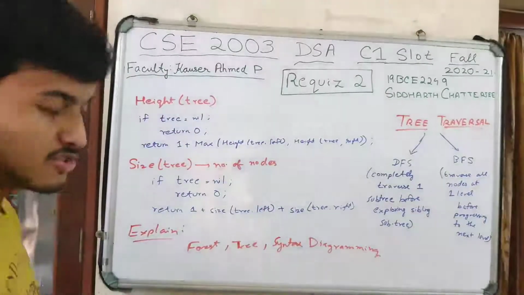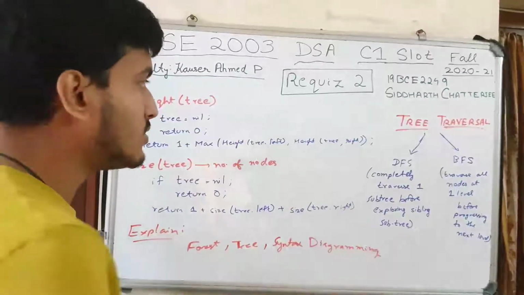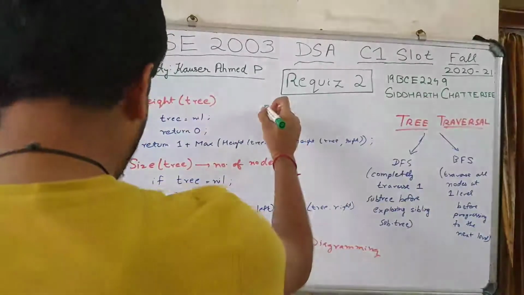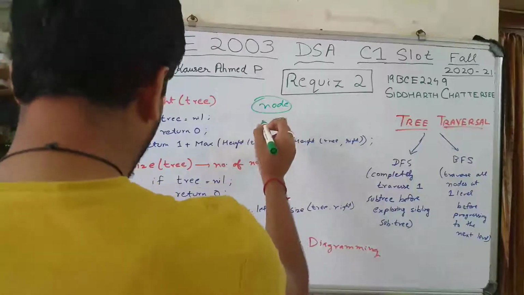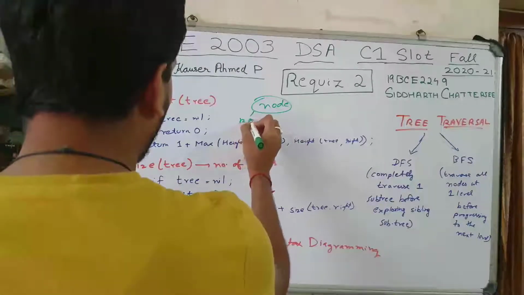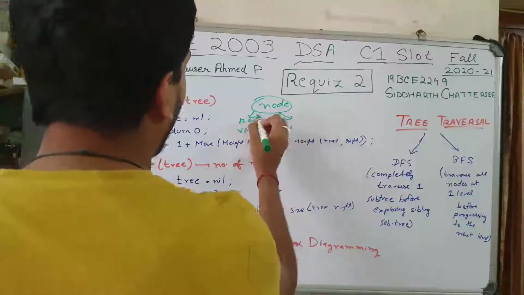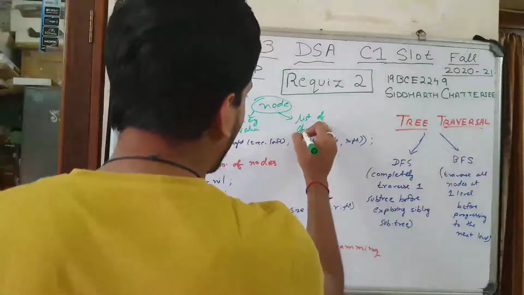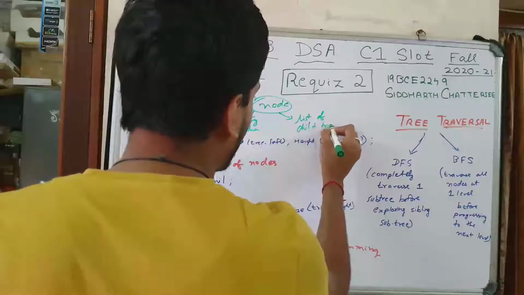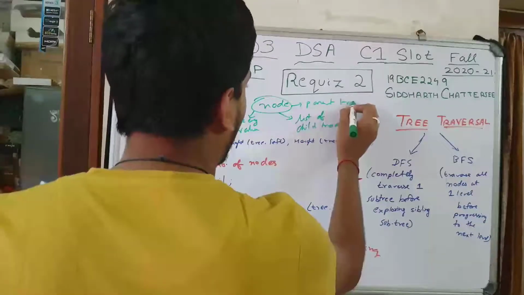A tree can consist of many nodes, as we saw in the binary search tree. It had many nodes with more keys. So this can be a node, and make the node like this: a node with a key value, and it can have a list of child trees. If it has a list of child trees, this will be considered a parent tree.